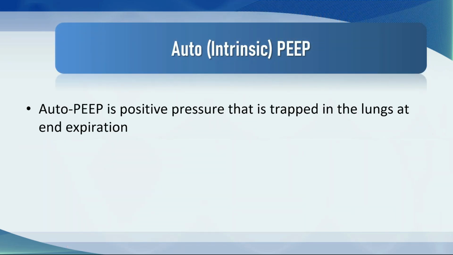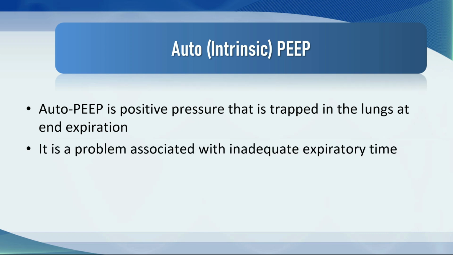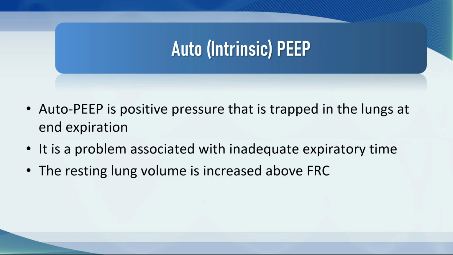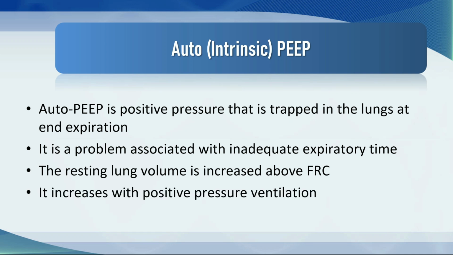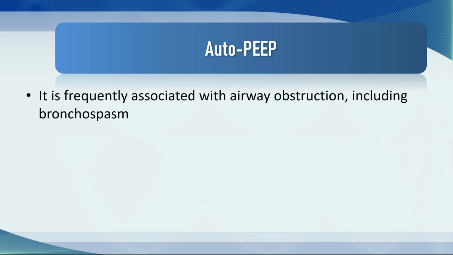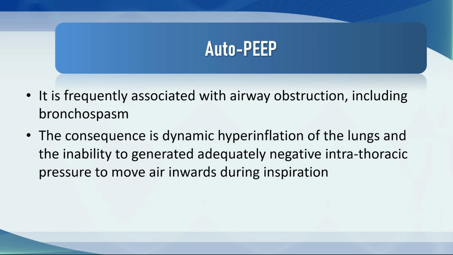Auto-PEEP is positive pressure that is trapped in the lungs at end expiration. It is a problem associated with inadequate expiratory time. The resting lung volume is increased above functional residual capacity. It increases progressively if there is positive pressure ventilation and the obstruction starts acting like a valve. It is frequently associated with airway obstruction, including bronchospasm, and it leads to dynamic hyperinflation of the lungs that makes